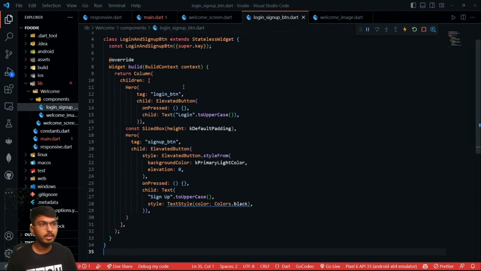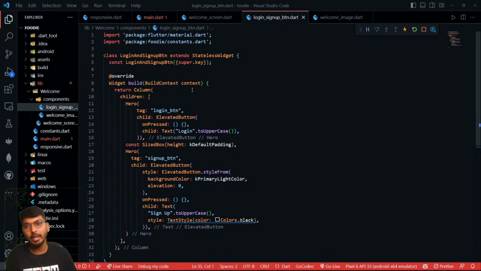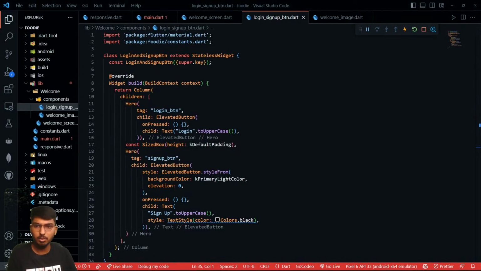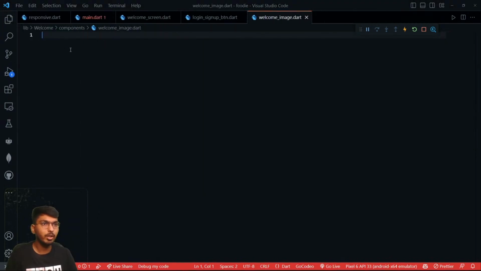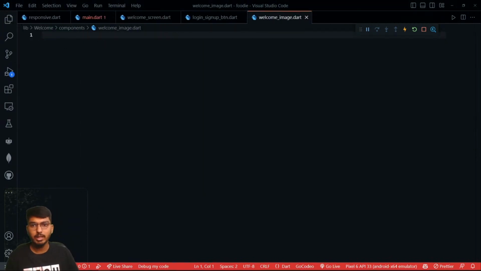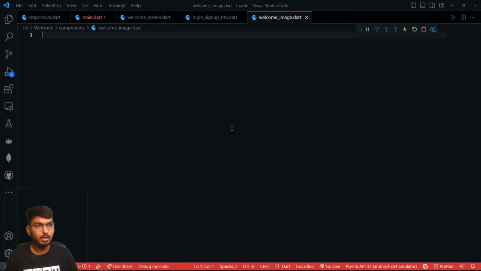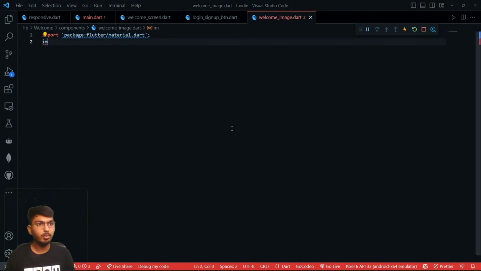It should be stored inside this one, this login sign up VTN. There should be the file stored. Now, in this welcome image, I'm going to store something else. Okay. So inside this welcome image, I'll firstly import material.dart and then I'm going to import